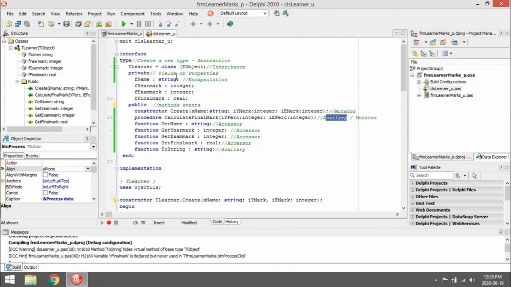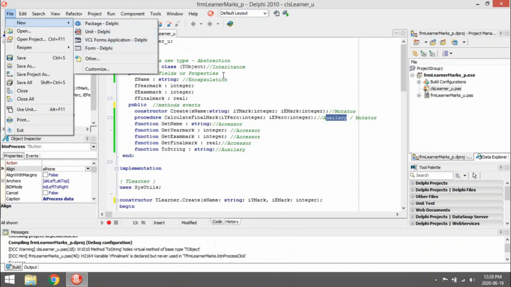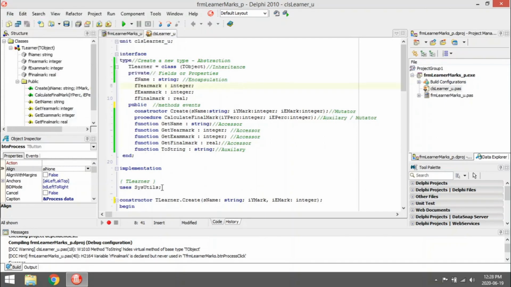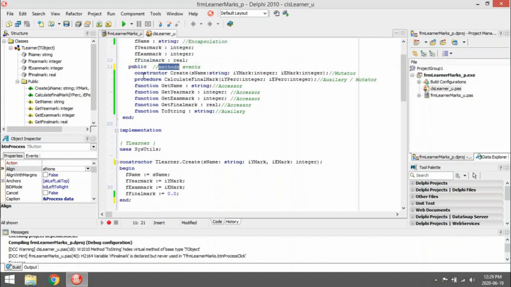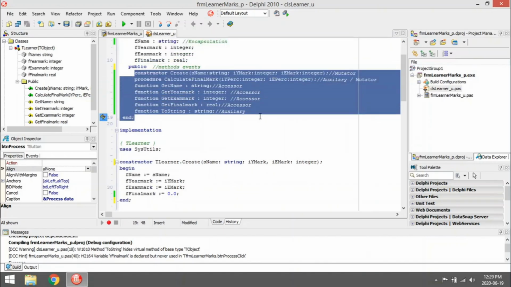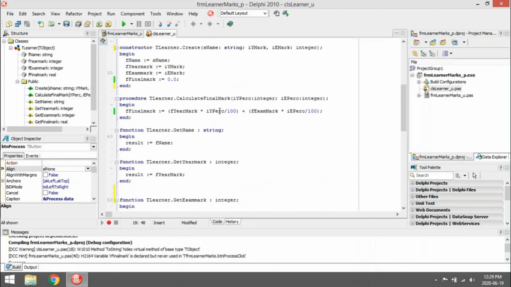Recap everything quickly. If you want to create your new class, you can say File, New, Unit. You're going to add your type, the unit type. TLearner is a class. On the private, usually all your fields. On the public, all your methods and your events. And then Control-Shift-C will auto complete everything for you.